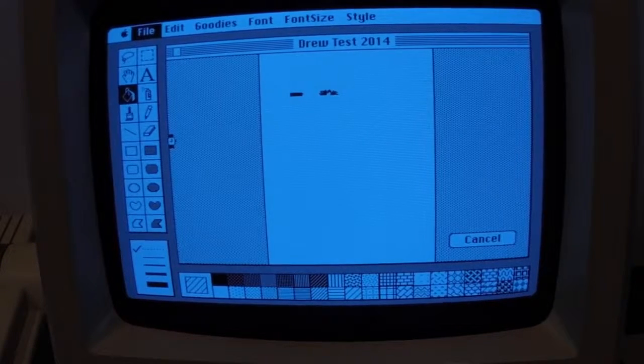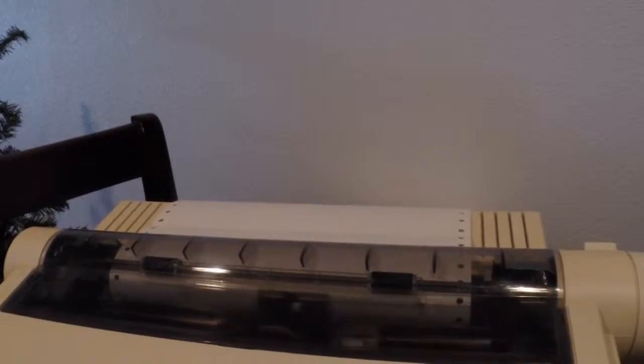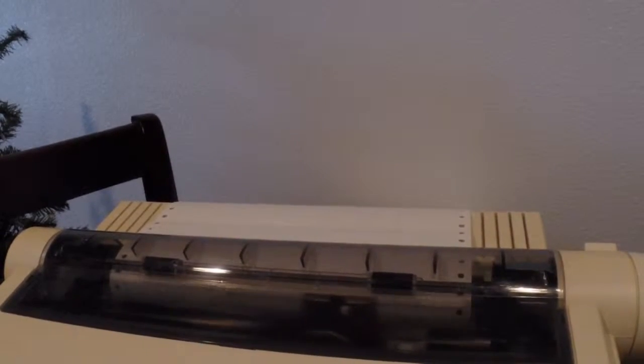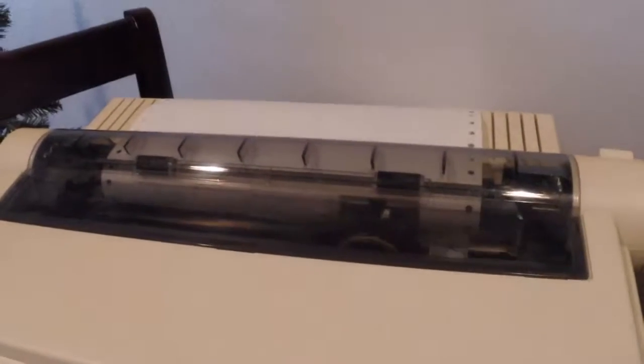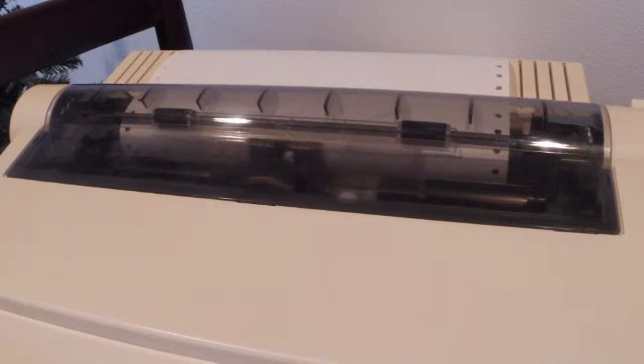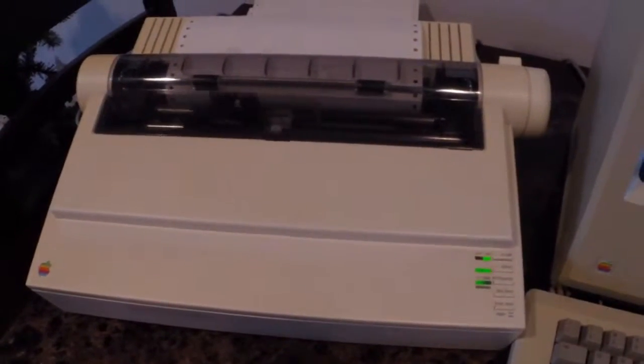Oh wow, I thought some printing options would come up, but it's just printing. So let me get the camera over there. On here a little bit better. So it's printing. Let me zoom in and show you what's coming out. So there's my printer. It's going to town. You can barely see. I don't know if you're gonna pick up on this